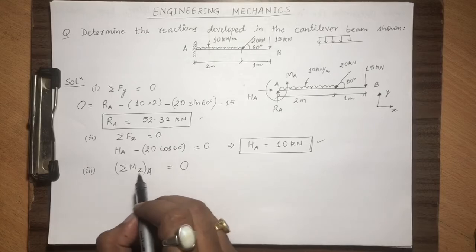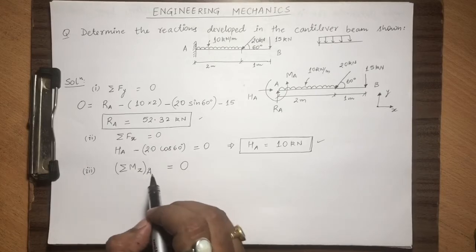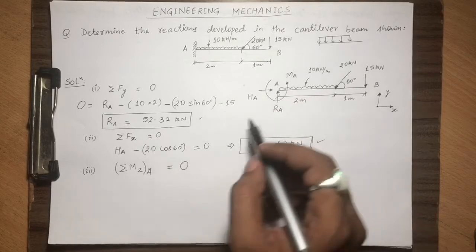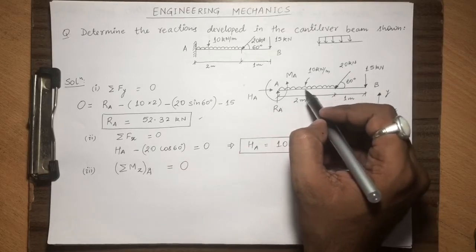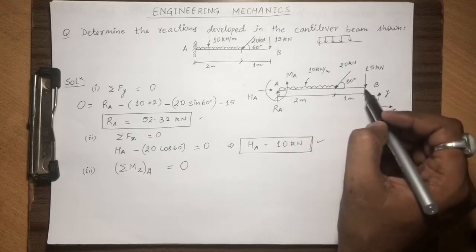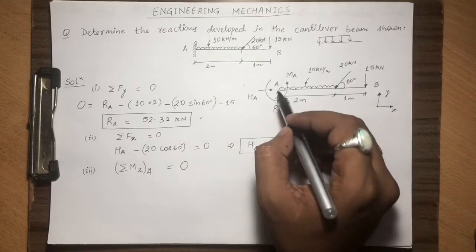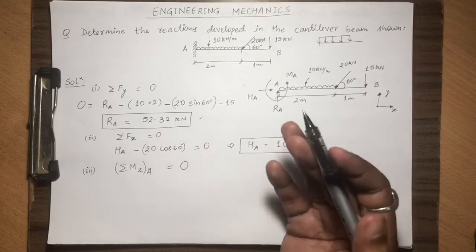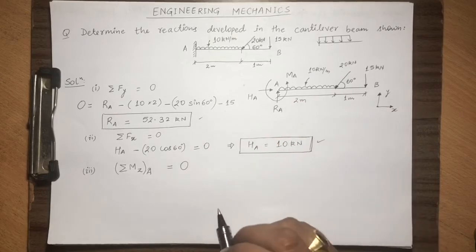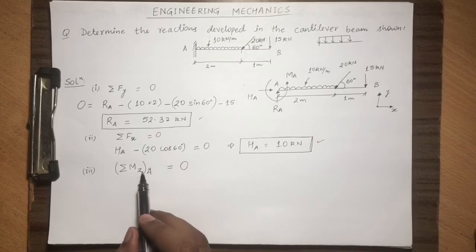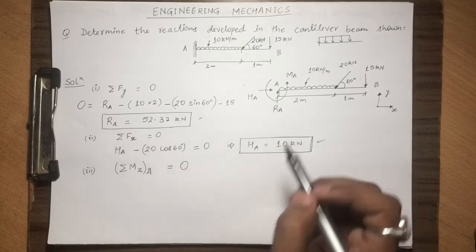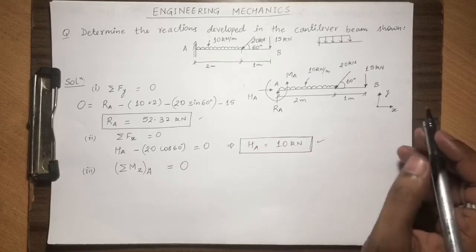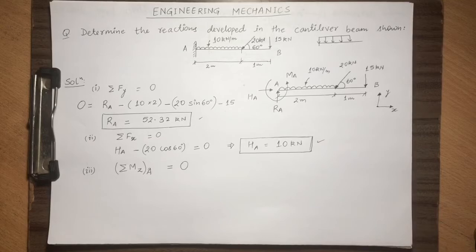So we are taking the moment about z axis at point A. This moment about z axis is 0 at each and every point along this beam. Okay, this you have to understand. But for our convenience, we are choosing a point so that we can solve the problem very conveniently. So this summation mz about point A is 0. So clockwise is positive, anti-clockwise negative. This you have to take into account.